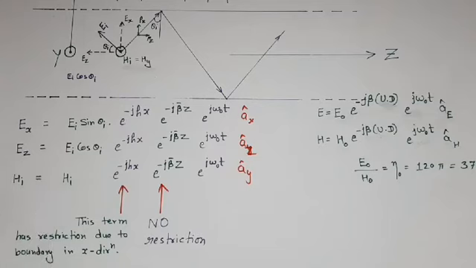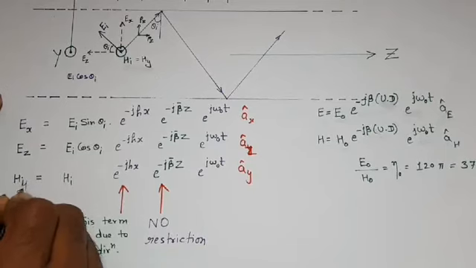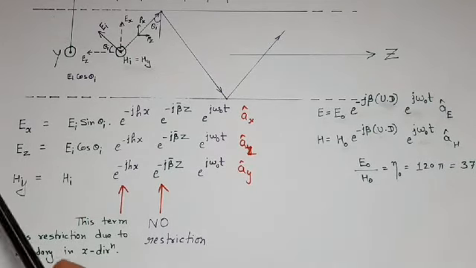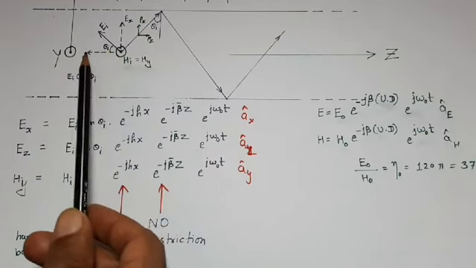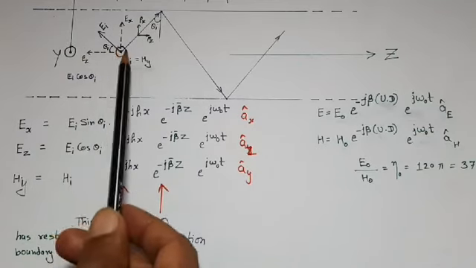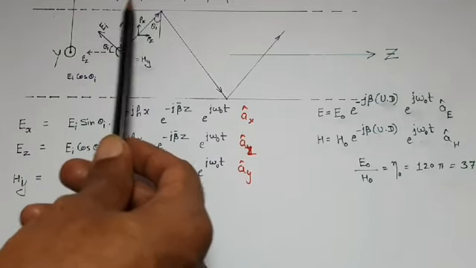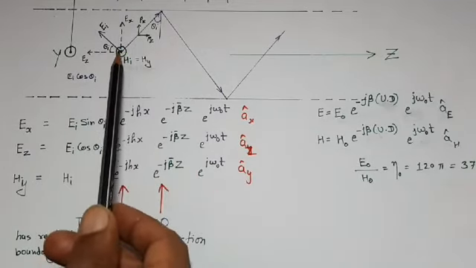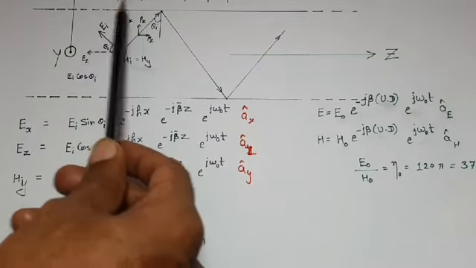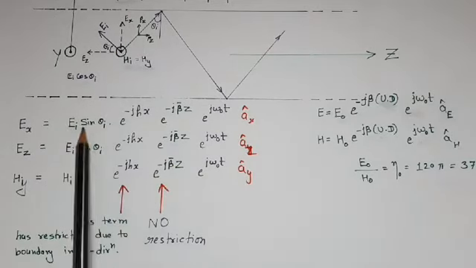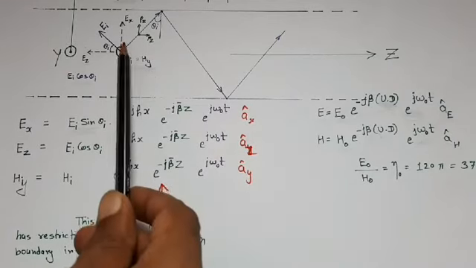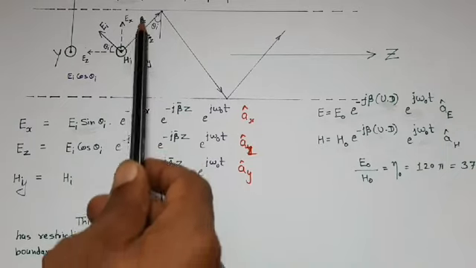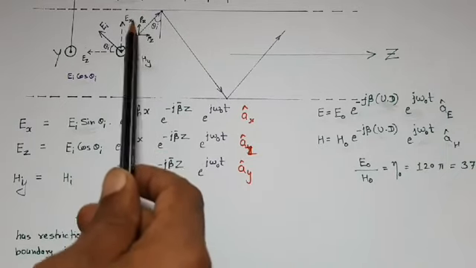As we know, if angle of incidence is theta I, then this angle will also be theta I. Then this angle will be 90 degree minus theta I. And finally, this angle will be theta I. So, Ei component in Z direction would be Ei cos of theta I. And in X direction, it would be Ei sin of theta I. As we are writing Ex component, that's why Ex is equal to Ei sin of theta I, because this is amplitude in X direction. Now this Ex component is moving in this direction, which again has two components, in X direction and Z direction. We will write these two directions components separately.